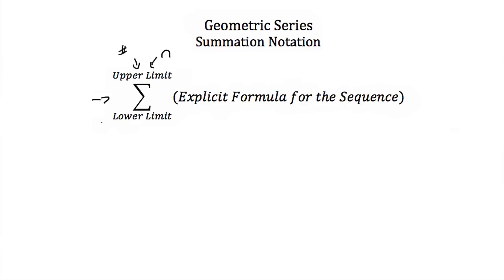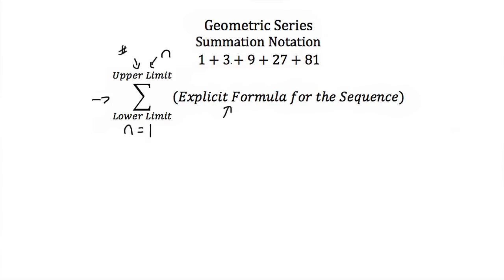The lower limit, or the number that appears underneath our summation, usually when you talk about geometric series, is 1, or you'll see it listed as n is equal to 1. This is the beginning value of our summation. Now next to the summation sign, you'll see the explicit formula for this geometric sequence that makes up our geometric series. So if we went back to our example series